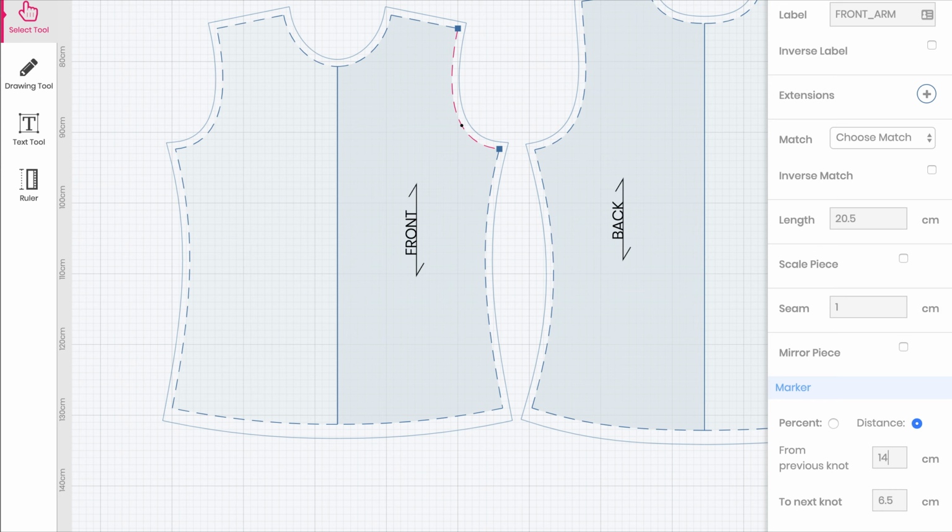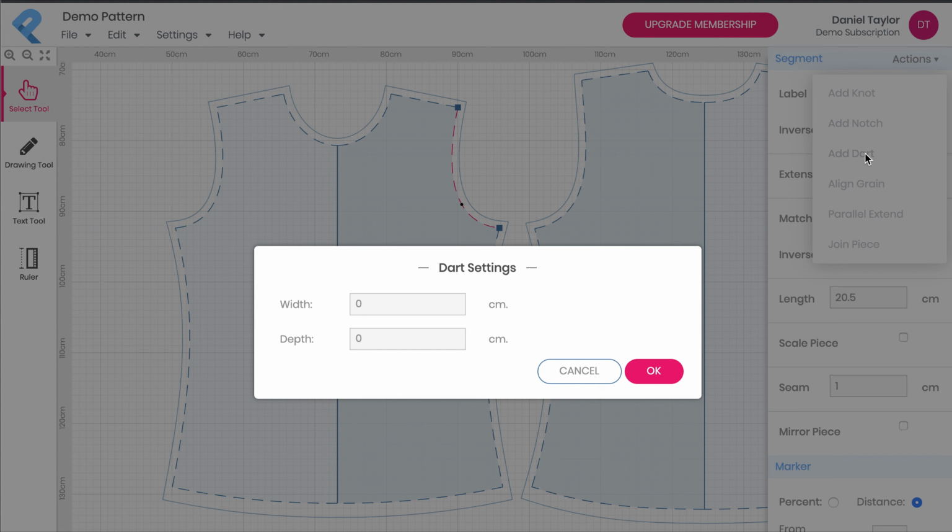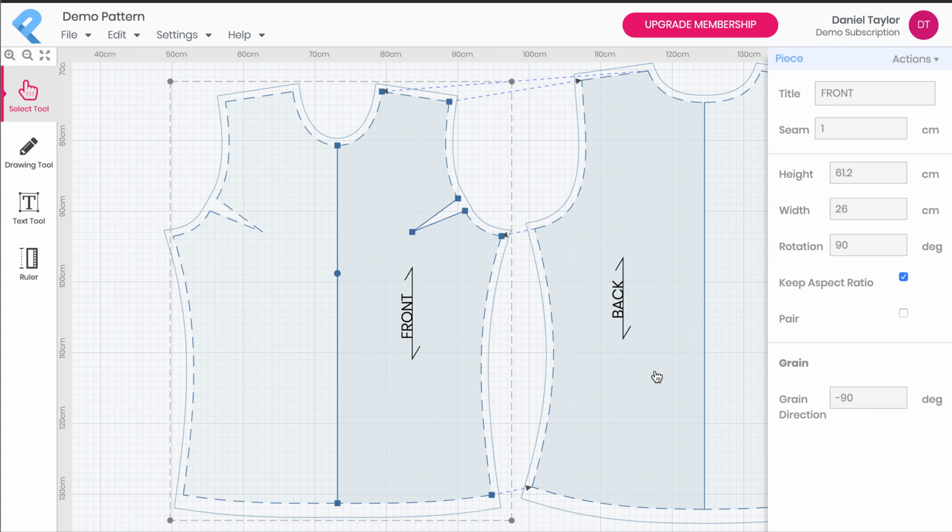Now, with that point correctly placed, I'm going to use the Actions panel here and click Add Dart. When I click Add Dart, it's asking me for a width. I'm going to add 2 centimeters there, and I'm going to make that a depth of 8. After clicking OK, we see that a dart has been added, and a point on the other side was added